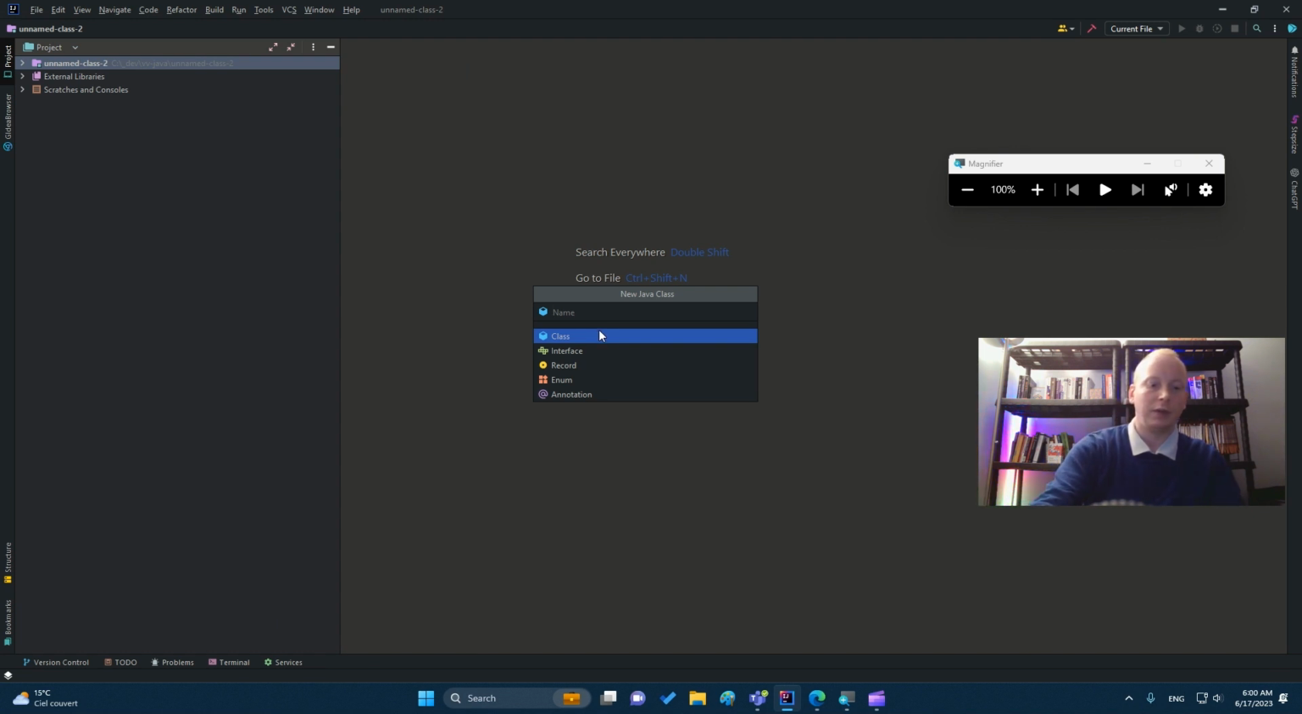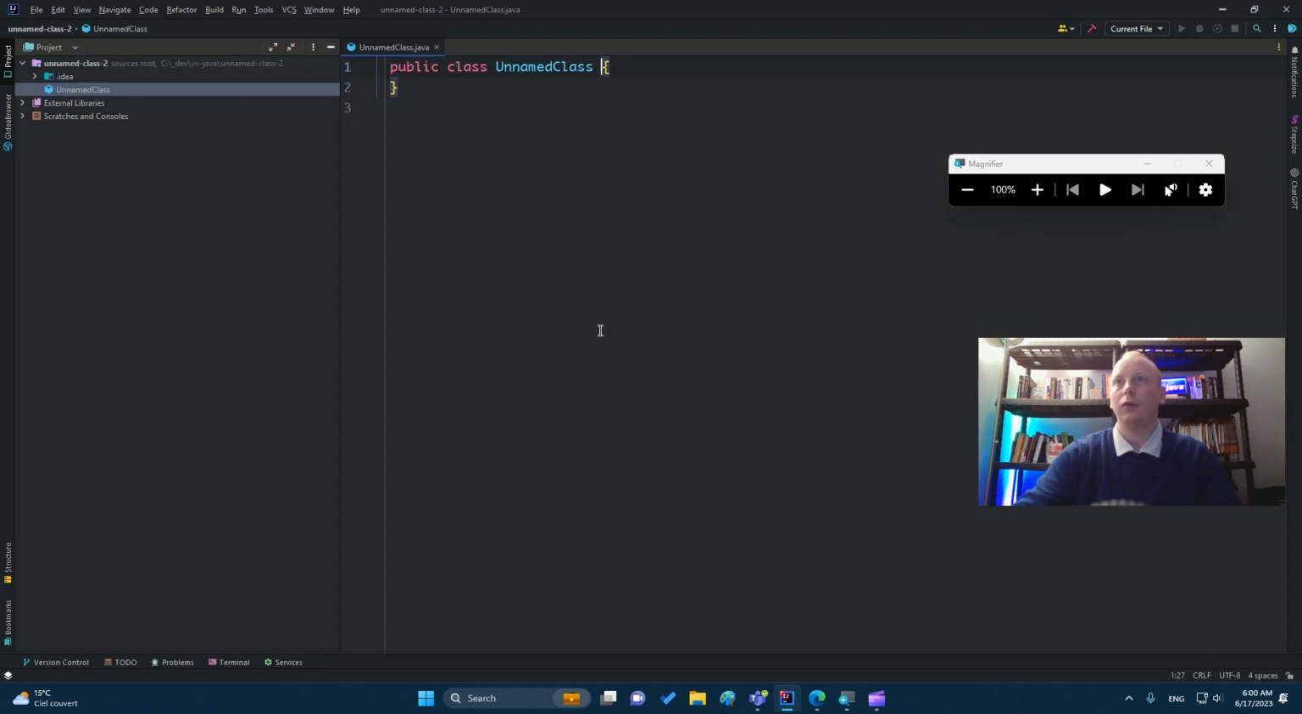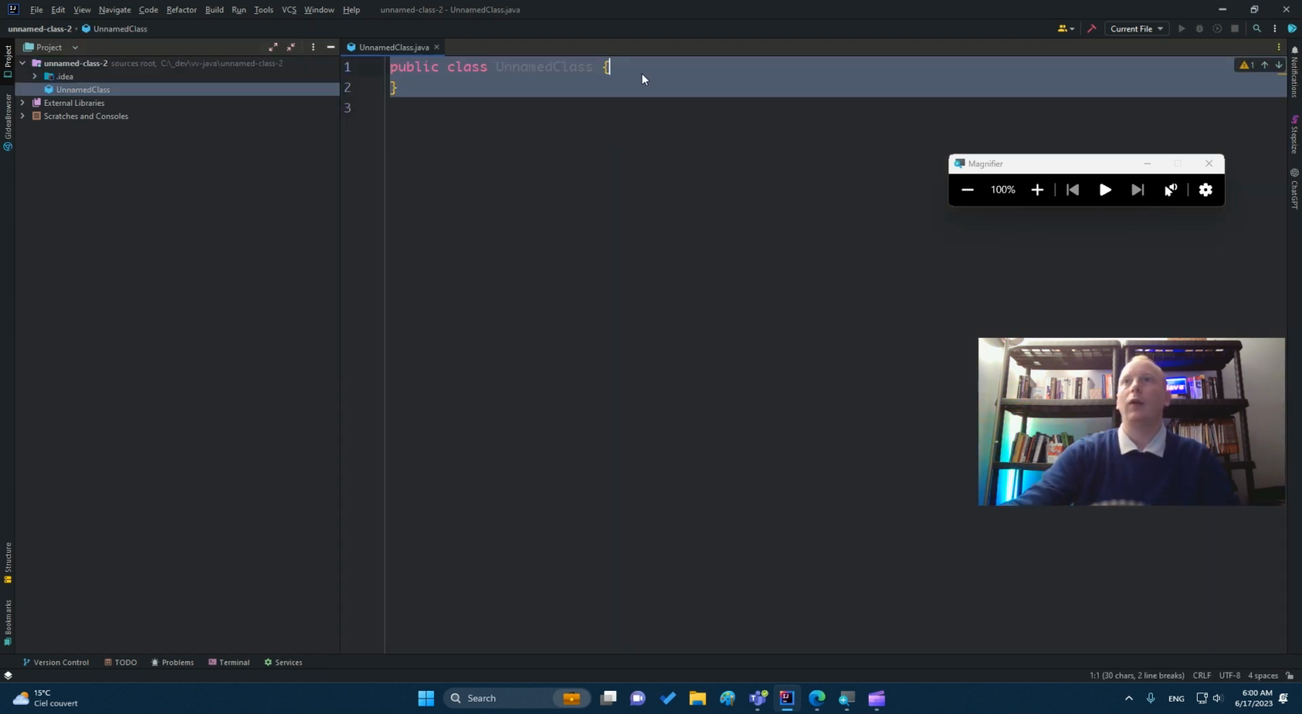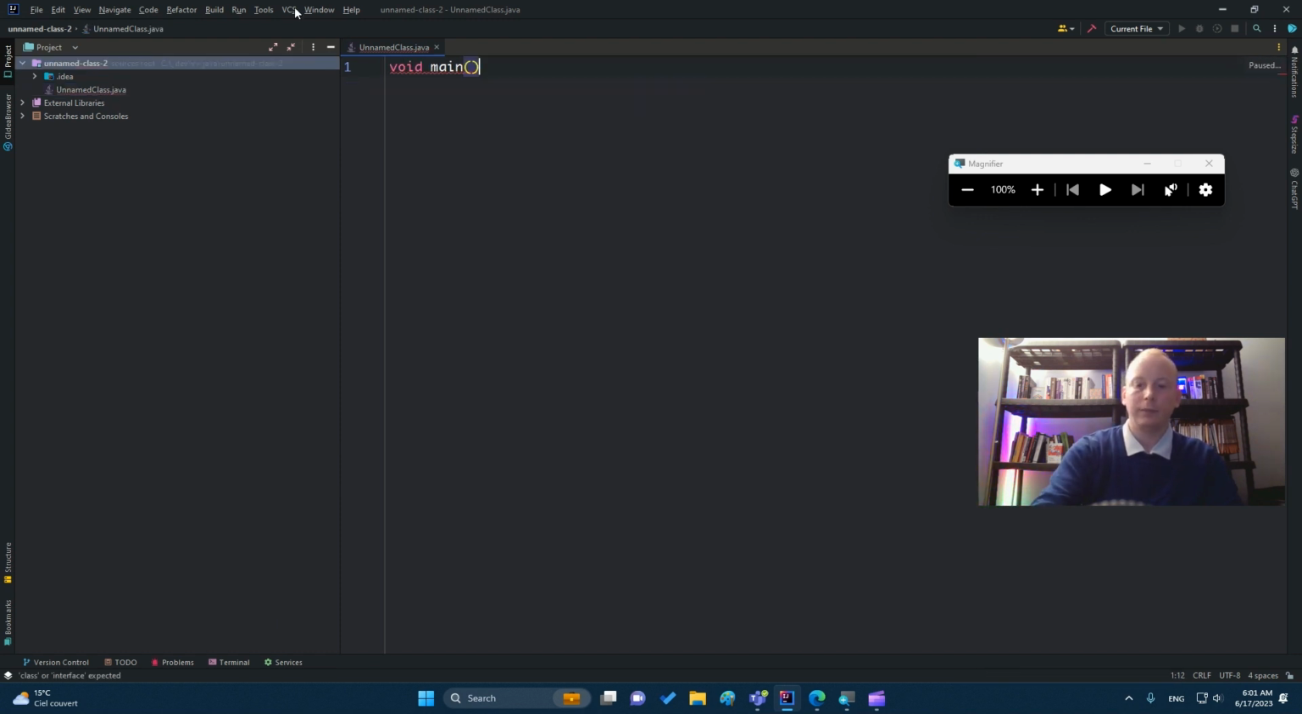So I will say unnamed class. Okay, so I could remove this and put just void main, and System.out.print. For the moment, IntelliJ doesn't support this new feature in the IntelliJ editor. So, hello me,